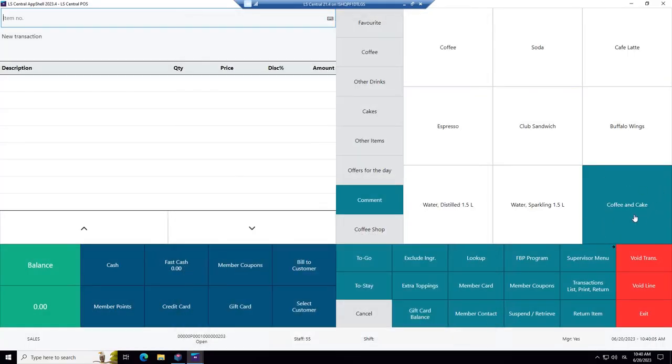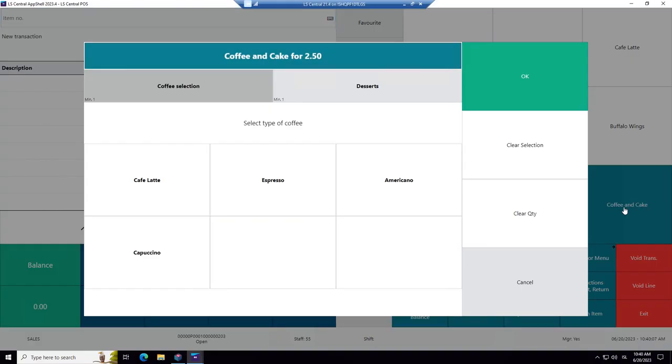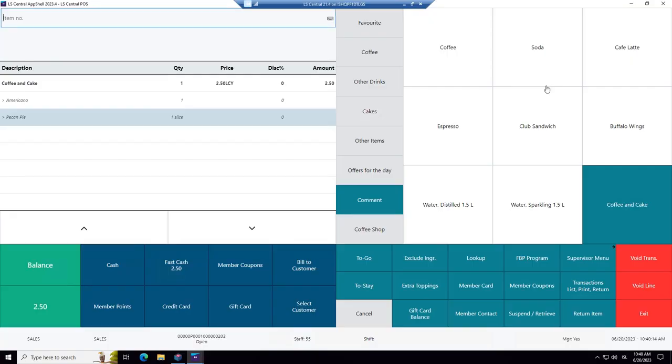And now we get the button, and if we use it, you will see the same thing happen again. We can take Americano, pecan pie, and OK. And we have the deal for $2.50. But now you may have a question. Why did this button turn this color here, blue-green color? That's a reason. Remember we looked a little bit about how we can define the skin and font for buttons.